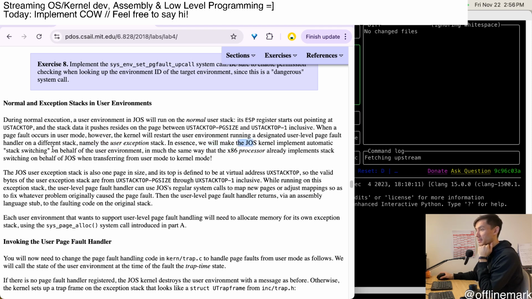It will make the kernel implement automatic stack switching on behalf of the user environment, in much the same way that the x86 processor already implements stack switching on behalf of JOS when transferring from user mode to kernel mode. So what happens there, user mode is executing and it does a synchronous exception or trap or system call instruction, or an external interrupt comes in. The processor automatically switches stacks onto the stack pointer pointed to in the TSS